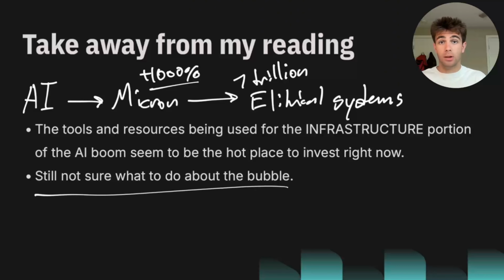The market goes up and down. It's been going up for a while. Will it probably go down? Yeah. Just kind of take that hit, wait for it to go up again. When it does go down, buy more. That may be a very naive mindset. That's at least where I am right now.